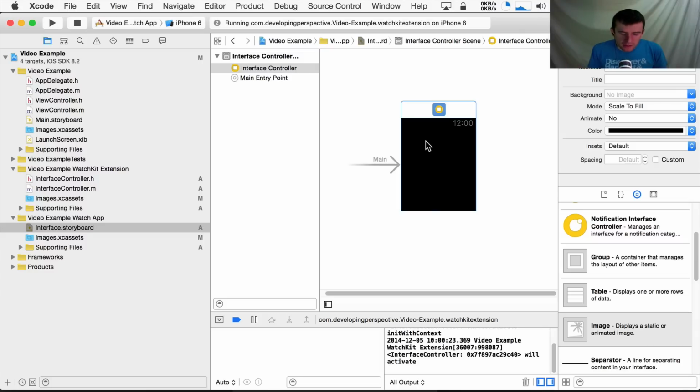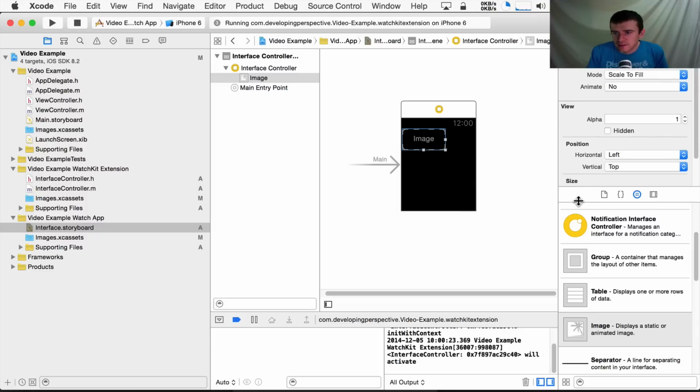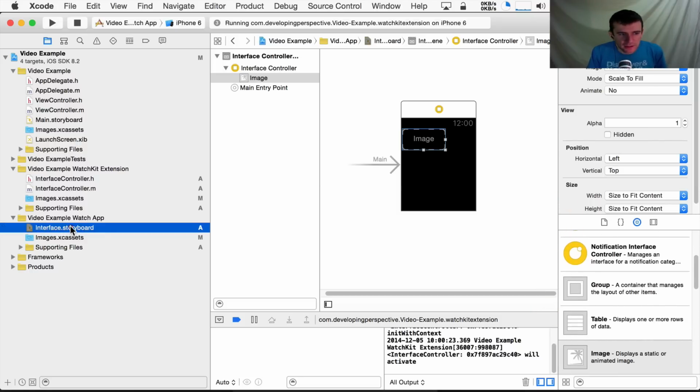The super fun app that I thought I could build in like 2 seconds is to take the Instagram public popular feed, which is some arbitrary list of 50 images that are popular right now on Instagram, and display that on the screen with buttons that say next and previous, and let you cycle through them and look at them on your watch. The app's not fancy, and not really particularly useful, but I think it's worthy enough of building. So here in my storyboard,